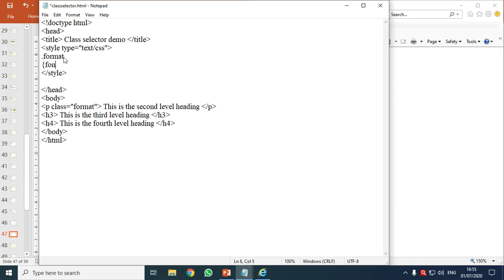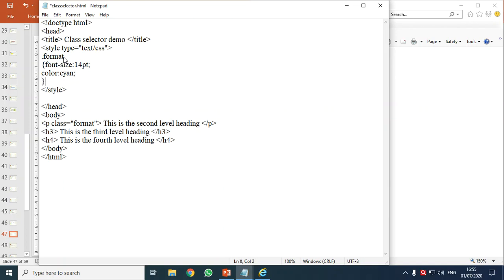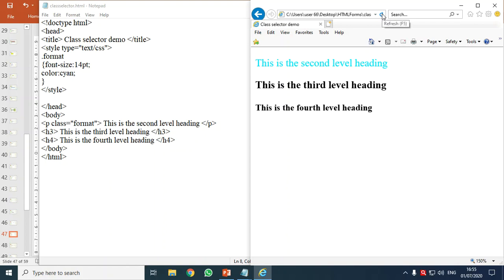And here I'll say font size 14 point. Font, I'll give a color, say some color, and curly bracket close. Control S. Let us observe the output.